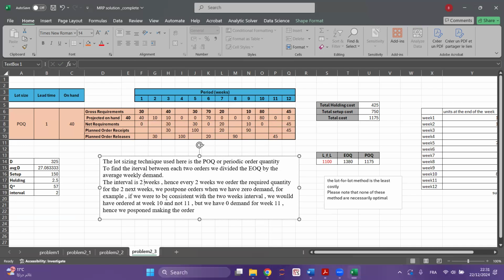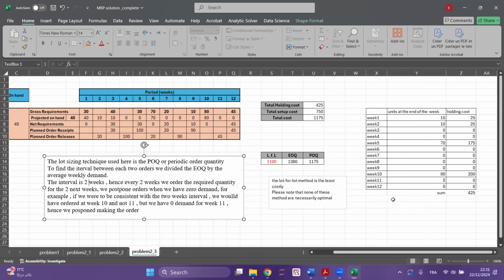If we were to be consistent with the 2 weeks interval, we would have ordered at week 10 and not 11. But we have 0 demand for week 11, hence we postponed making the order. Okay, so we calculated the costs exactly the same way as we did for the previous 2 parts, and we ended up with this total cost. At the end, to answer the question, we compare the costs and